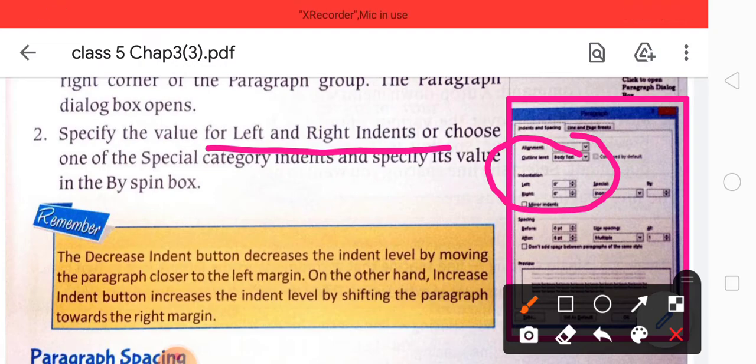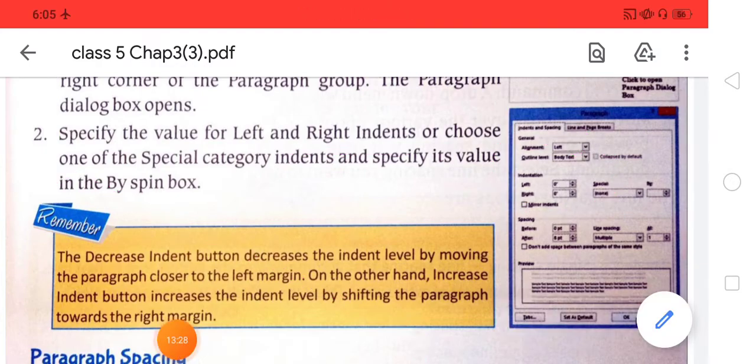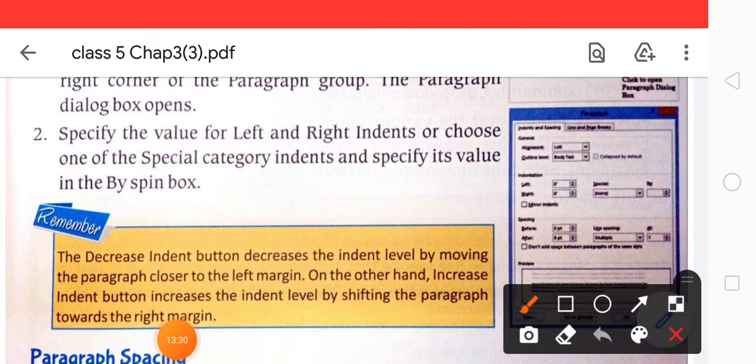The decrease indent button decreases the indent level by moving the paragraph closer to the left margin. If you want to decrease the indentation, the line just goes to the left side.